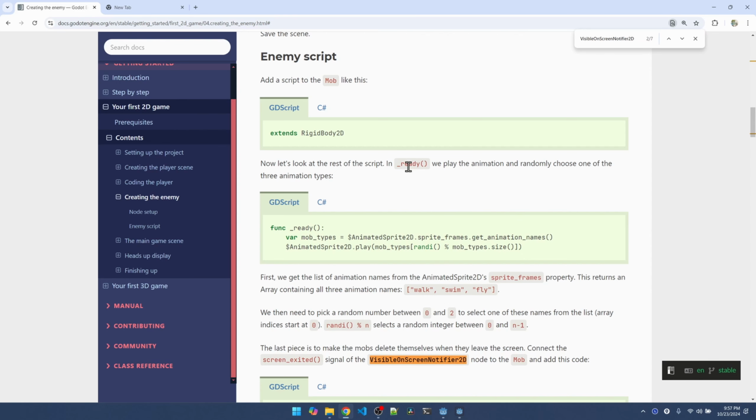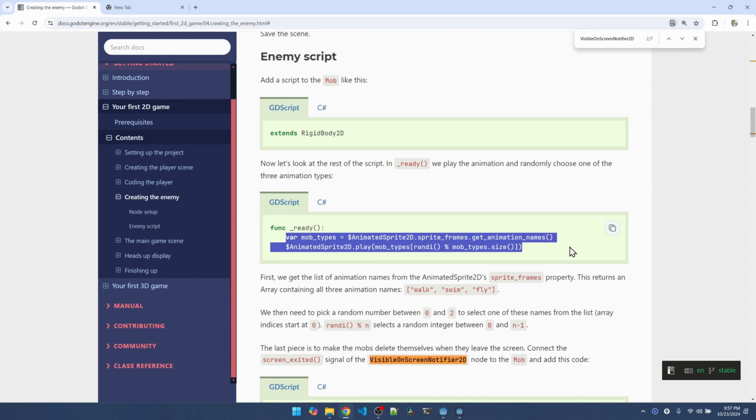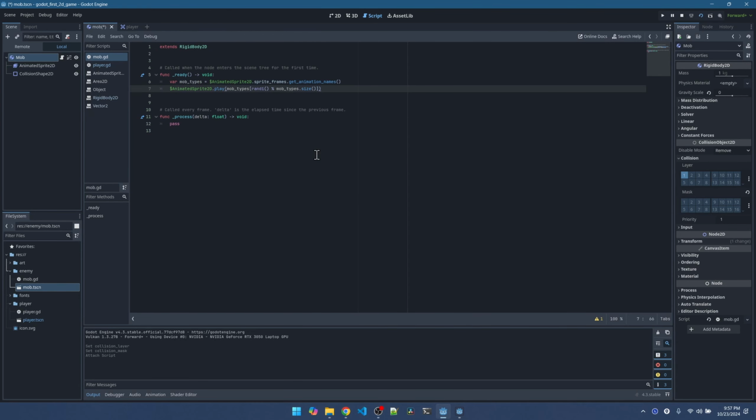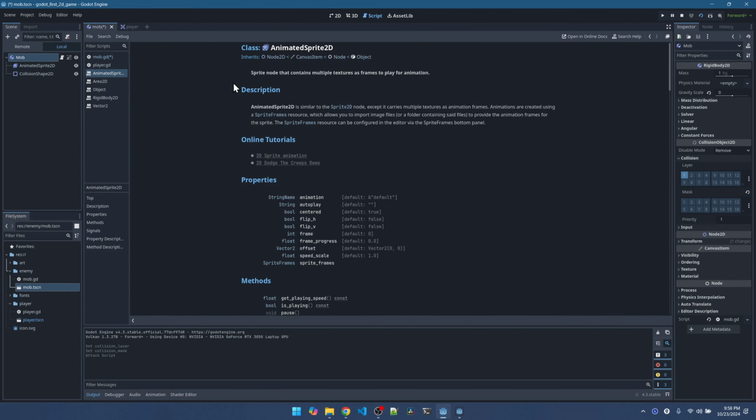When the enemy is first created, we want to play a random animation. Let me grab this code and then we'll walk through it in the ready function. So we're using the $ notation here to reference the AnimatedSprite2D object, and then we call the sprite frames property. I'm going to hold down the control key and click on AnimatedSprite2D to bring up the documentation. You see the documentation popped up over here, and the property that it's referencing is the sprite frames,